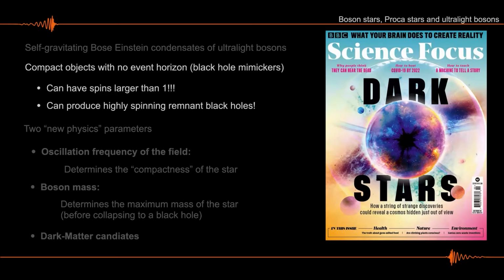This is very interesting for us because we were trying to compare the 190521 signal to head-on collisions of black holes. If you do that, you cannot really reproduce the data, because there is not enough angular momentum in the system to give you the spin of the final black hole, since you're lacking all of the orbital angular momentum of the orbit. However, if you can spin the individual objects a lot, then you get that angular momentum contribution to the final object. So this is why we try this, and also because we don't know how to simulate on a computer anything other than head-on collisions of boson stars. We are limited now by that paradigm.